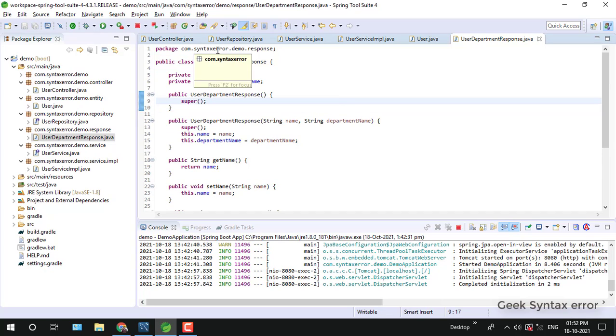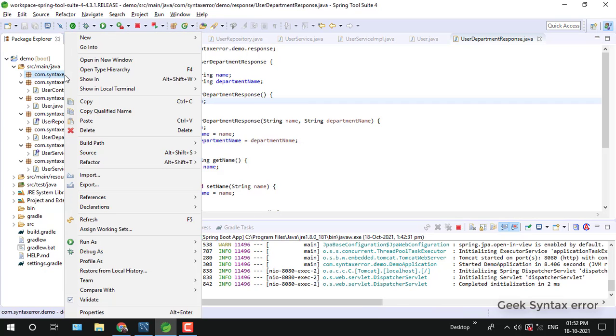I just remove this commented code. Okay, so we created a response entity for user and department. So the response POJO is ready. The only thing we have to do is create a DAO class and execute that complex query there. After that, we'll map that result set to this POJO, so that it should be in a readable format. So in a JSON format it will be at the endpoint. So we'll see how to do that.